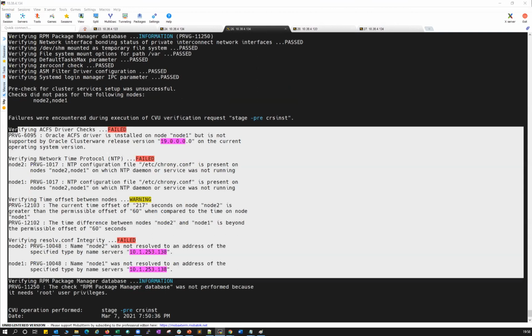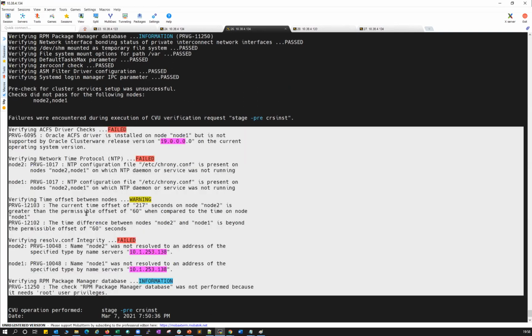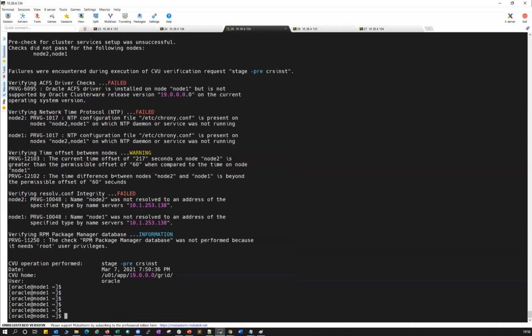So Sagar is asking which precaution needs to be taken care of for time zone file while upgrading. No, time zone file again, Sagar. This is precisely I'm talking about the GI upgrade. I am not talking about the database upgrade. You have to think of time zone when it comes to the database upgrade. So when it comes to the GI upgrade, don't worry about the time zone. You can go ahead and do the upgrade.